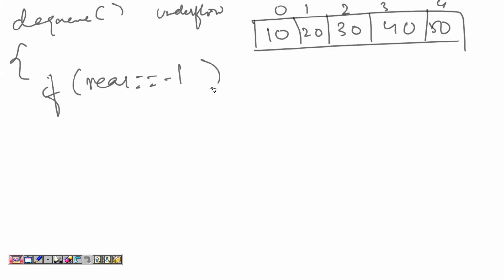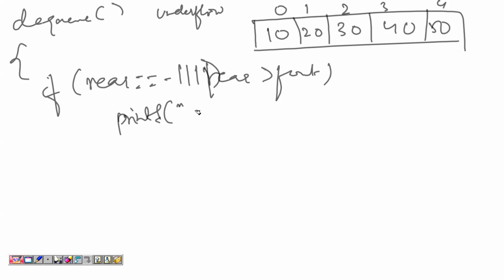Okay. So I can write this, or rear is greater than front. When the rear is greater than front, then you can give this message to the user saying that printer queue is empty. Okay. So initially front is pointing to the 0th index and rear is pointing to this. This queue is not empty, so you will go to the else part.